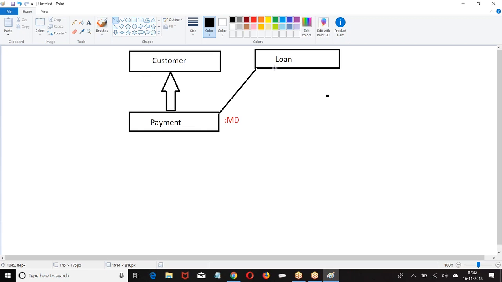Cyclic key is not allowed. So, if customer is a master to payment, now on the master, look at the point. On the payment object, I created a field choosing customer as a master. Now on the customer, I cannot create a master detail field choosing payment as a master. It will not accept. Cyclic key is not allowed. A is a parent to B is a parent to A. Not accepted. Now, in your case, you can make the payment as a child.